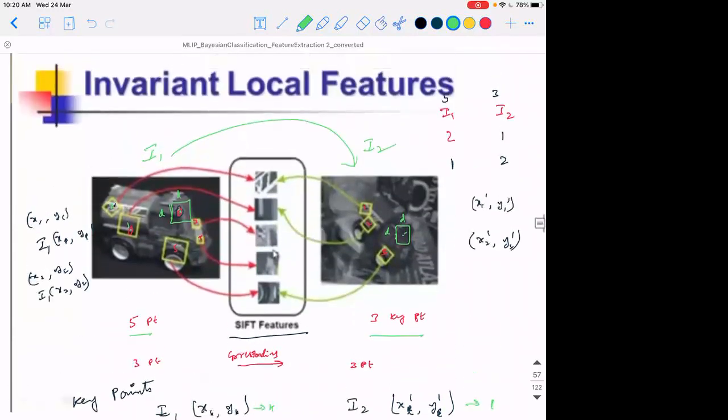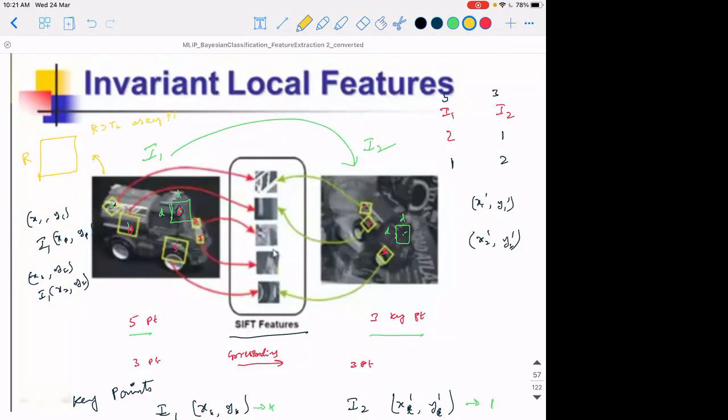See, what I'm doing is, once this image is given to me, I will apply the Harris corner detector. Once I apply the Harris corner detector, what I will get is an image, a matrix of R values. In that matrix of R there will be several values, and I will put a threshold: R greater than the threshold, I will take as key points.